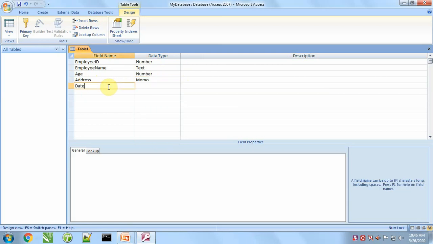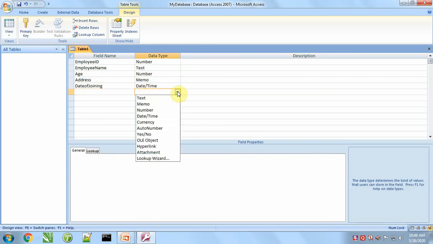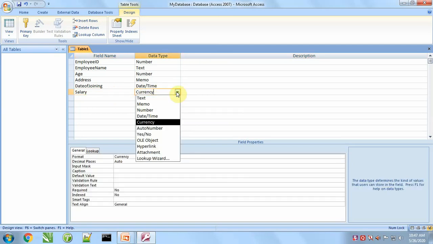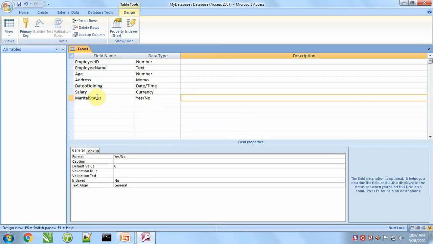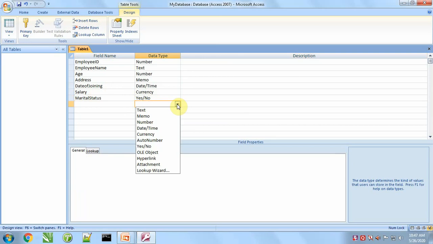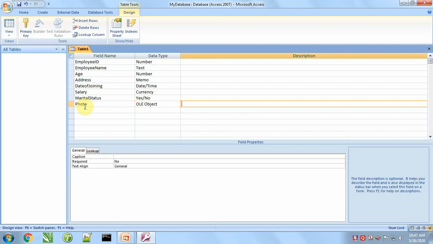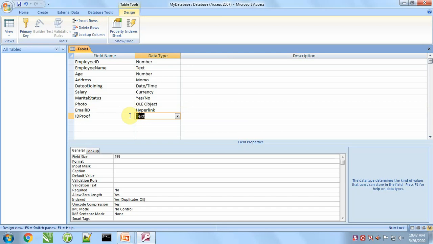Date of joining. Salary, currency. Marital status, yes/no. Photo, OLE object. Email ID, hyperlink. ID proof, attachment.